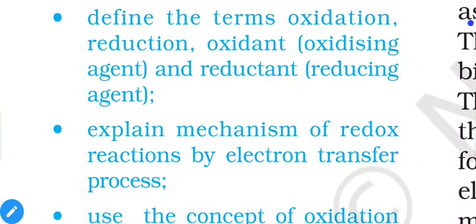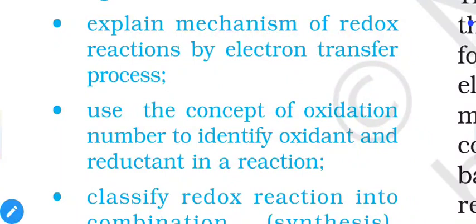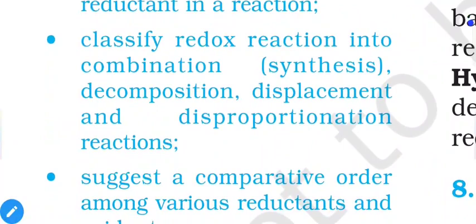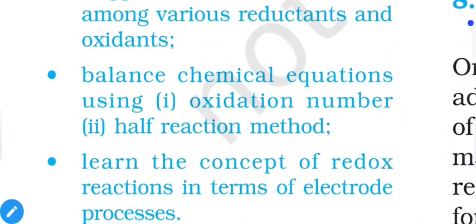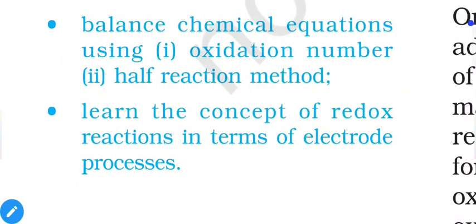Define the terms oxidation, reduction, oxidant and reductant. Explain the mechanism of redox reactions by the electron transfer process. Use the concept of oxidation number to identify oxidant and reductant in a reaction. Classify redox reactions into combination, decomposition, displacement and disproportionation reactions, and suggest a comparative order among the various reductants and oxidants. Balance chemical equations using the oxidation number and half reaction method, and learn the concept of redox reaction in terms of